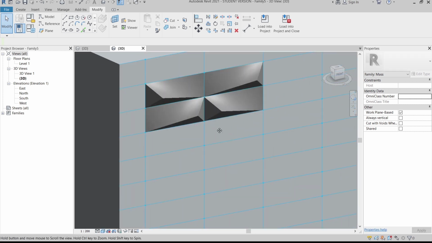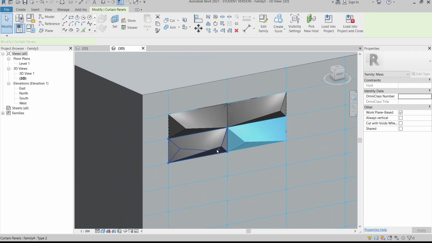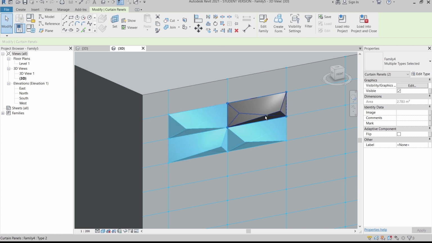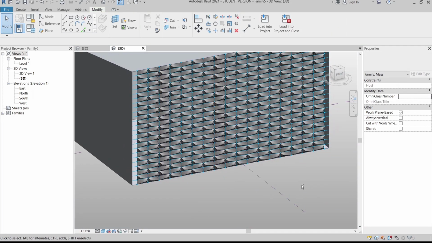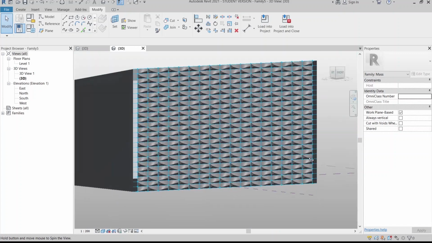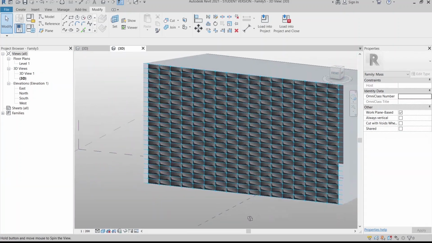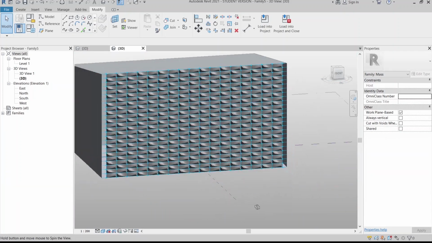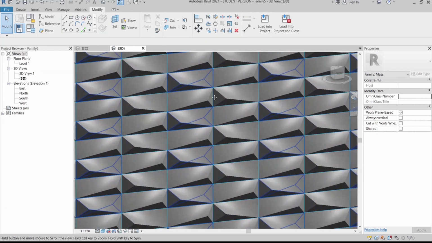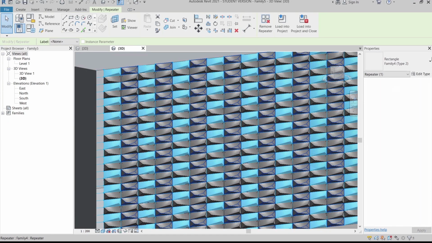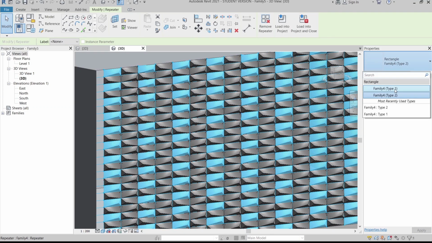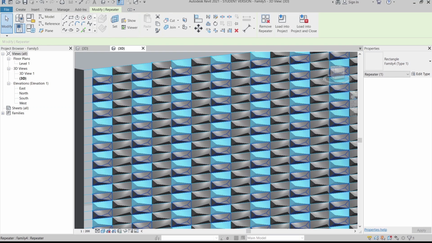Okay, so what we are going to do next, I just select here 1, 2, 3, 4, then go to repeat again. That will be repeating. As you can see, it's running properly and we got exactly what we want to apply into our project, like our building skin from our previous photo reference. And of course you can play around and change it. Let's say I select this one there, then I change to type 2, it will change. As you can see, it will reflect.